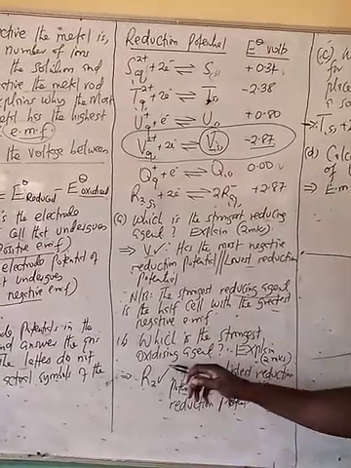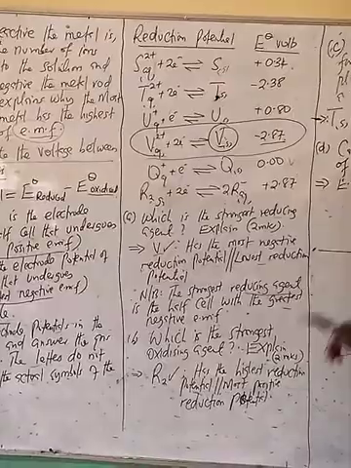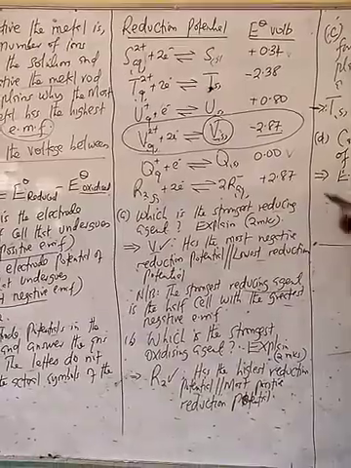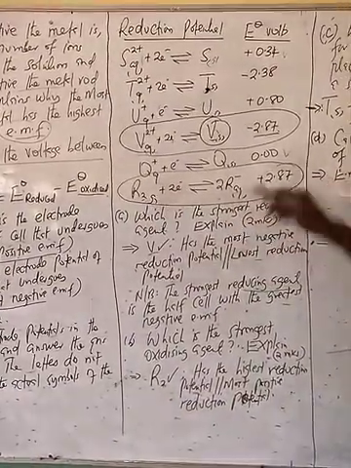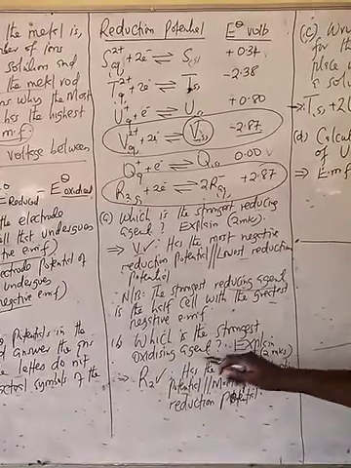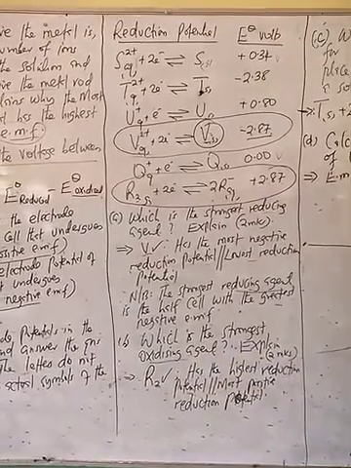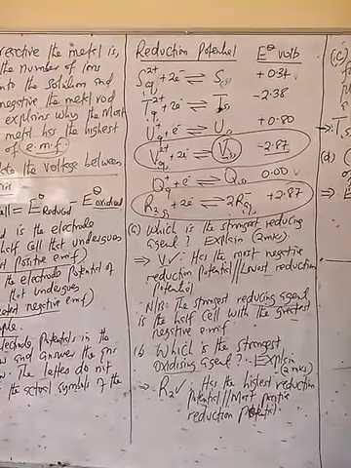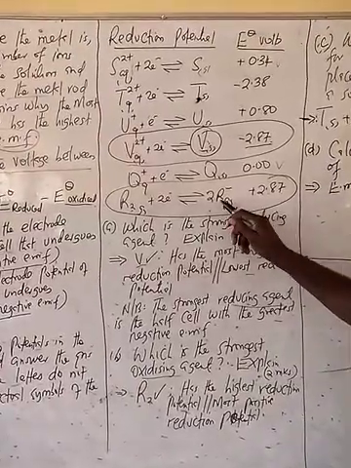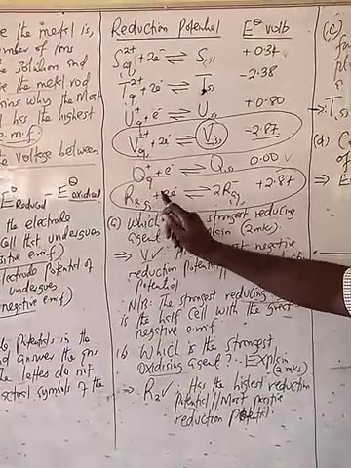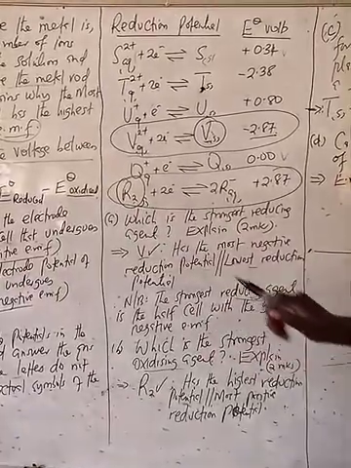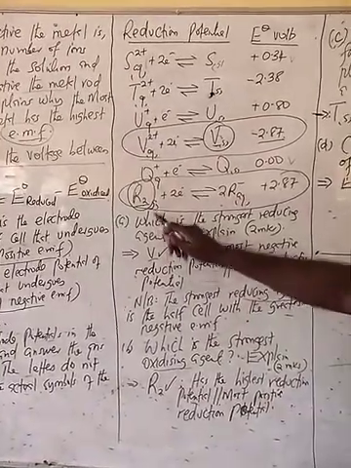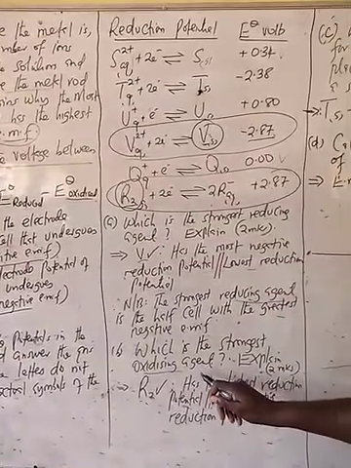Which is the strongest oxidizing agent? You go to the half cell with the greatest positive EMF, and you go to this half cell. Then you ask yourself, an oxidizing agent is a substance which is reduced. And what is reduction? Reduction is the gain of electron. So this one is losing electron to form this one, it means that this one is gaining electron. The one which is gaining electron is R2. So the answer is R2 is the strongest oxidizing agent, and the reason is